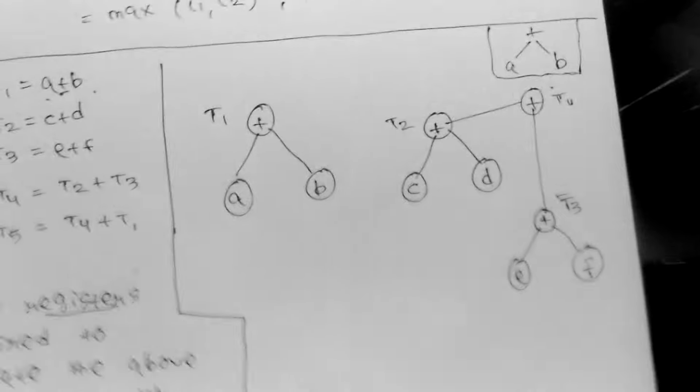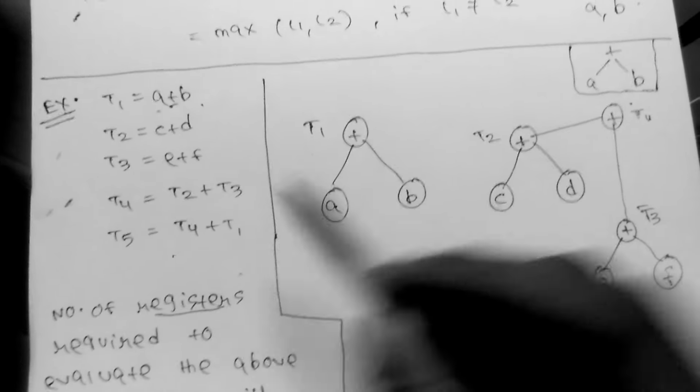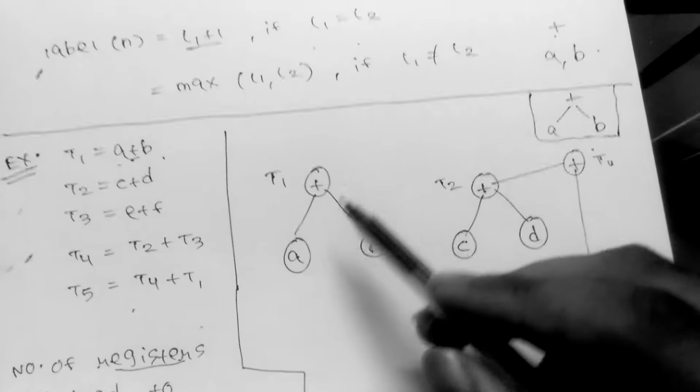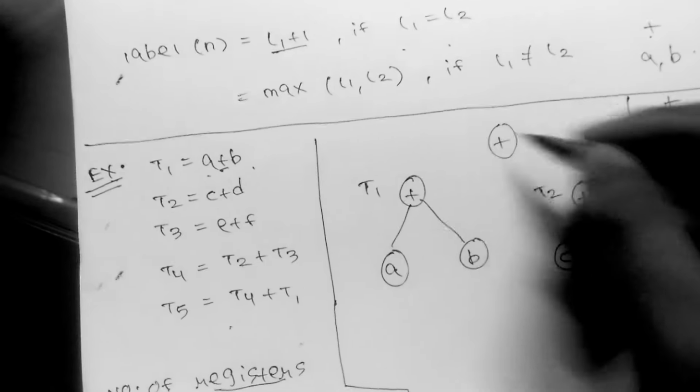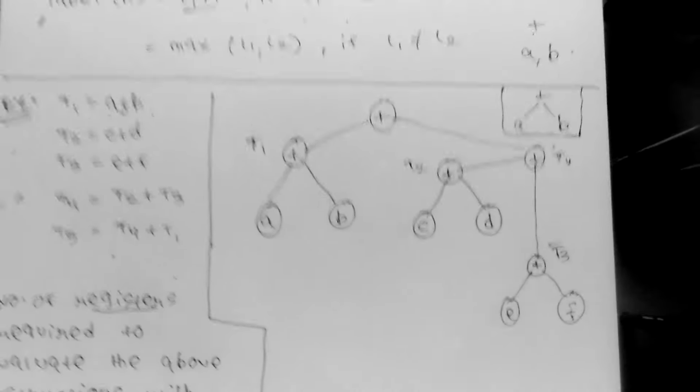Okay, now what is the fifth instruction? It is that T5 is equal to T4 plus T1. Here is T4, here is T1, we have to construct it as plus. So now we will connect both operands T4 and T1. So now basically we have constructed our tree. So this is our tree.